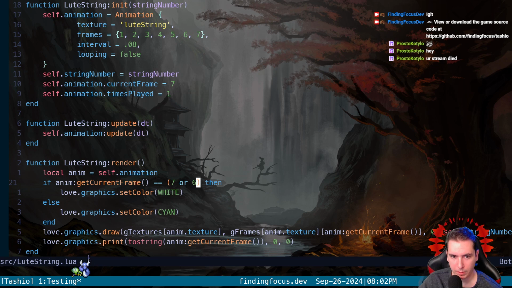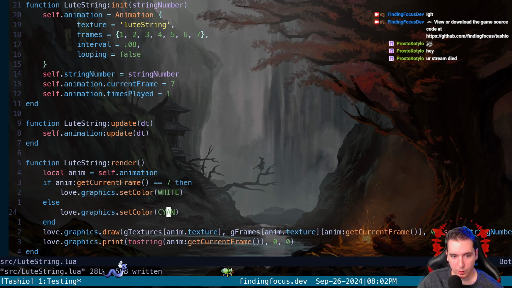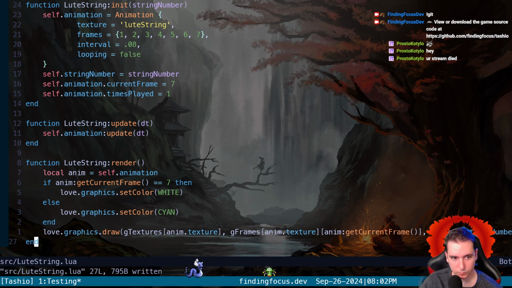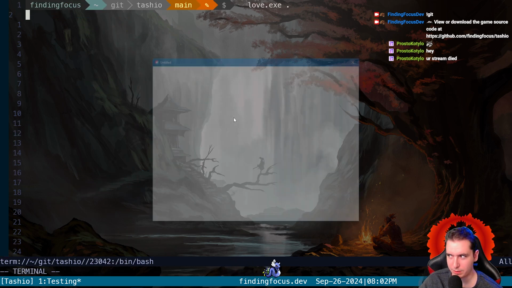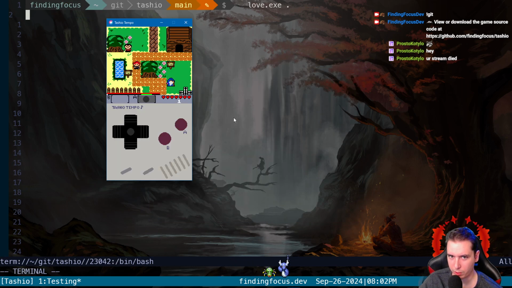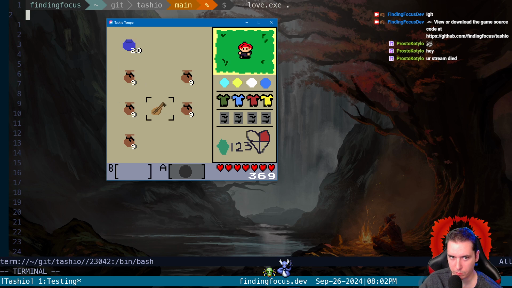Okay. I think 7 is fine. Okay, so that looks to be working. Now that's based on the frame render, so that should work on our mobile deployment as well.